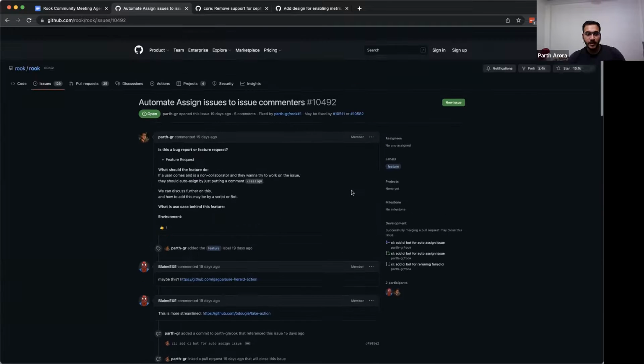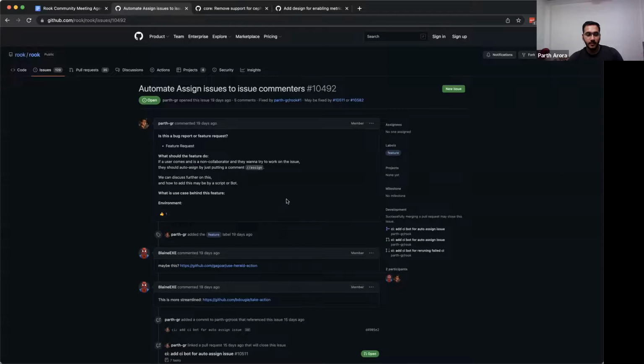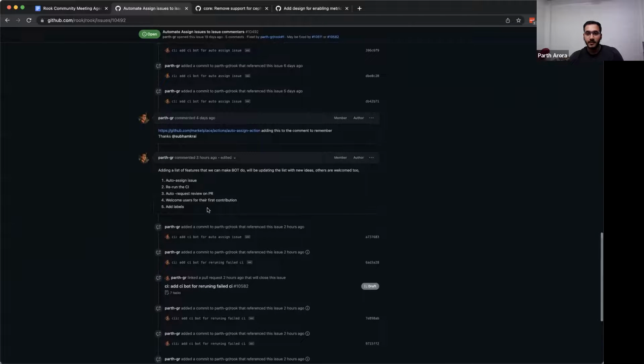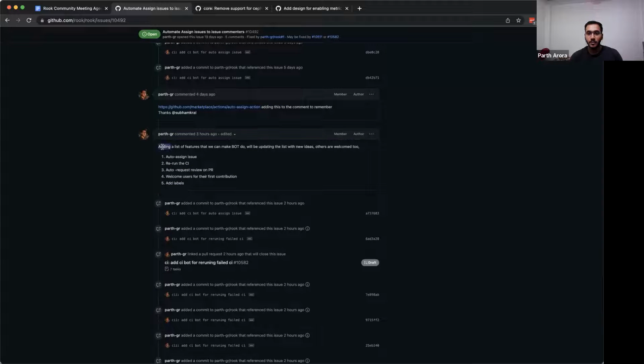Yeah, sure. I was thinking that there could be a bot with the upstream repo that can help the upstream collaborators, like auto-assigning issues and doing the stuff that a collaborator can do, without having those collaborator permissions, because you cannot give all the permissions to everyone. So something like if we comment assign, that issue can be auto-assigned to a particular developer if he needs to